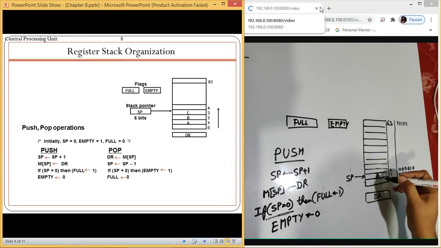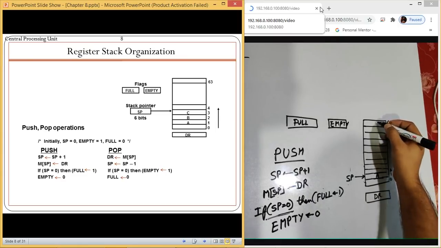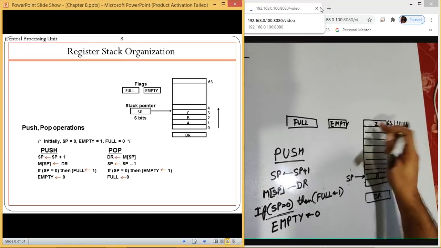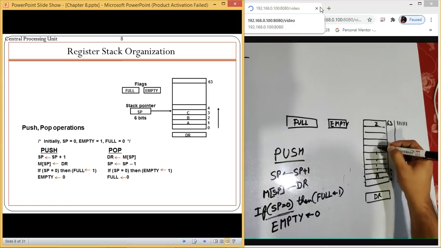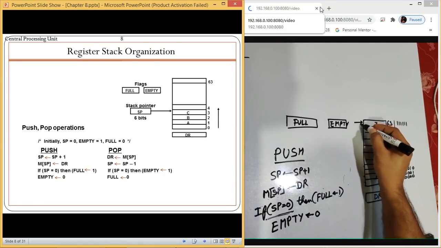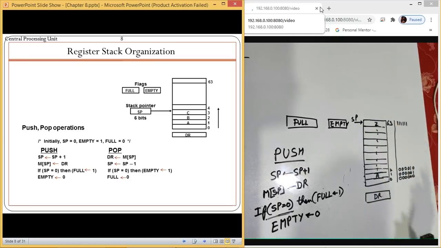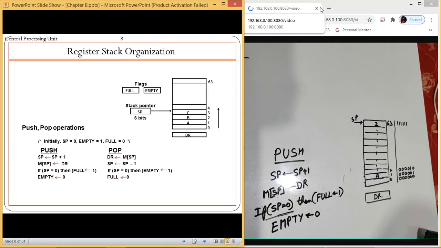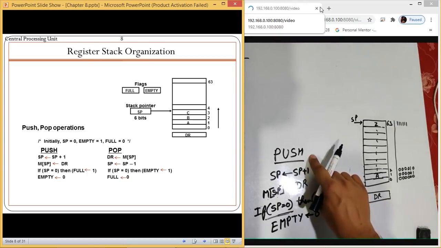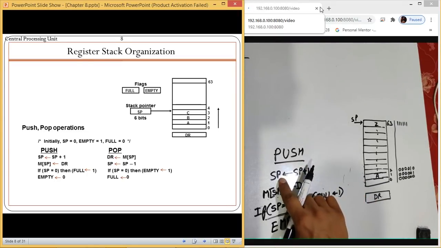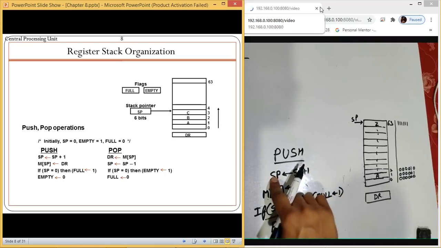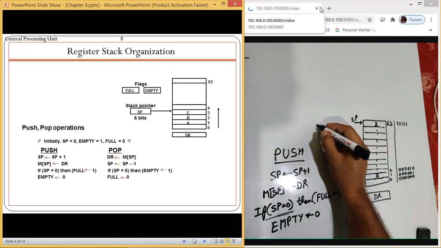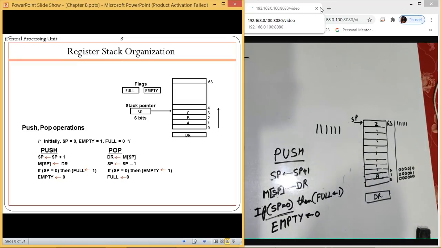Now just imagine that we have filled all the data, and at this place I am filling a value like Z. So now I have filled the value at this place. I have filled this whole data, and my stack pointer is pointing to this location. SP is here. Now, if I want to perform the push operation, what will happen? I will try to push. First of all, I have to increment the value of stack pointer by 1. The stack pointer is currently all 6 values 1. Let us increment this value by 1.